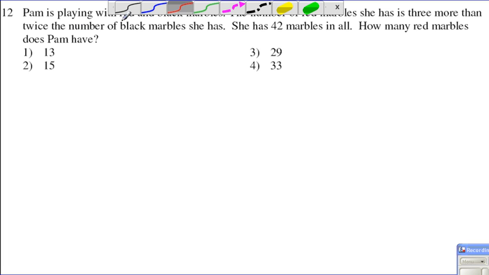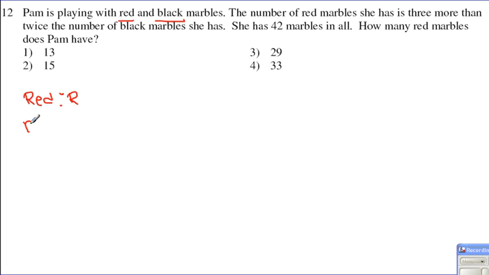So, we have red and black marbles. The number of red marbles she has is 3 more than twice the number of black marbles. So let us write it. Red marbles, let's call it R. Black marbles, let's call it B. Then we have R is 3 more than